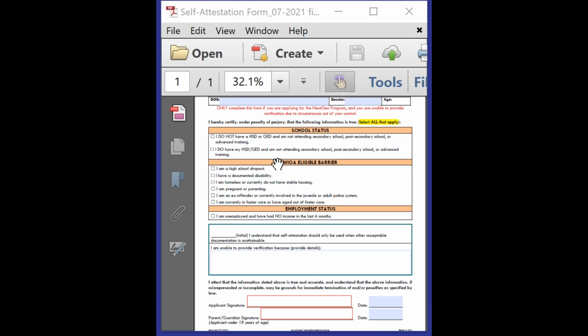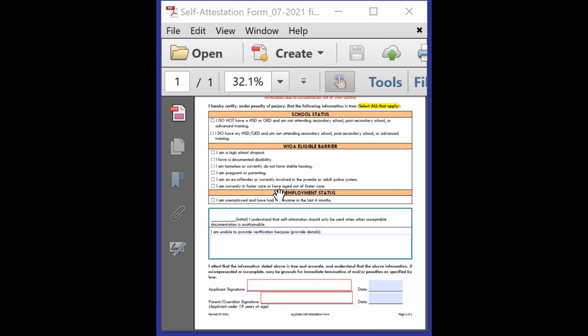So a person in school status could be either not attending school and they don't have their GED, or they do have their GED, but they're also not attending school. So for out of school, those are your options.